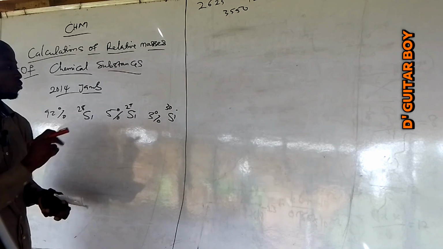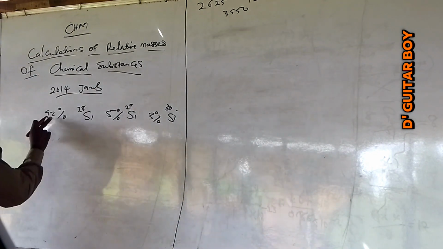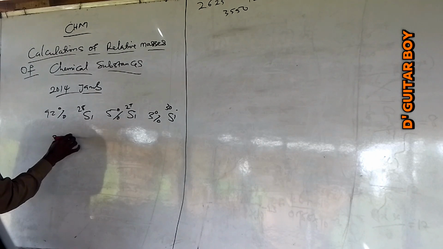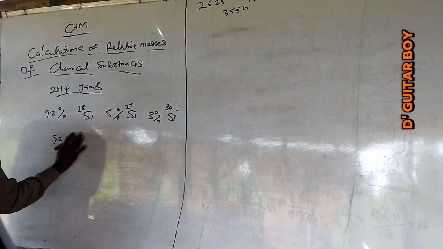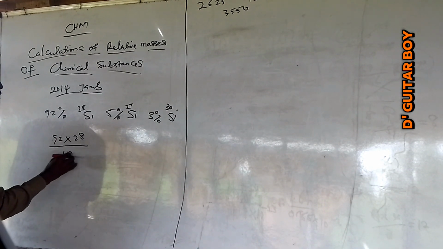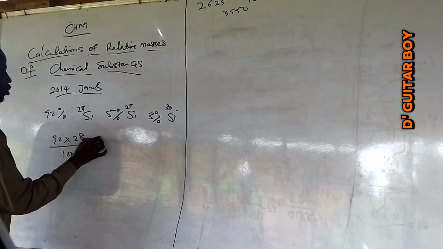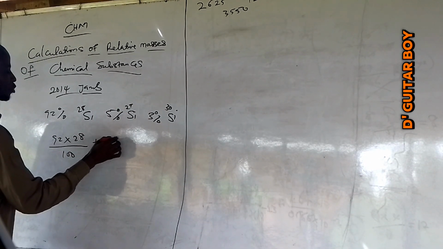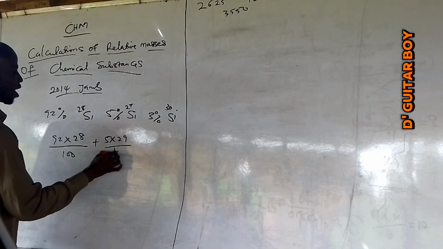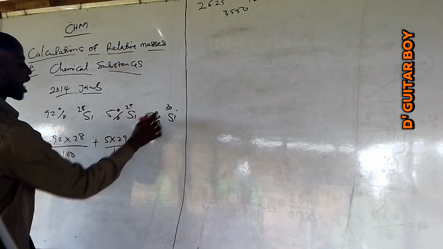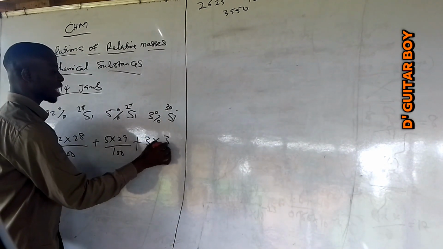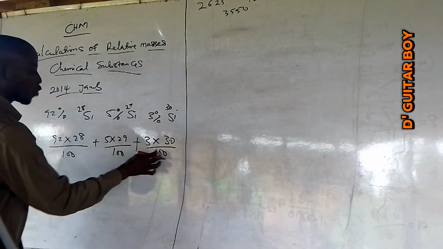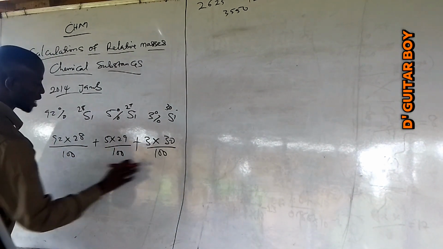The same thing you did with that former one. Just come here, use what you have here to multiply. You say 92 times 28 all over 100, plus 5 times 29 all over 100, plus 3 times 30 all over 100. Since they are the same denominator, the LCM will be